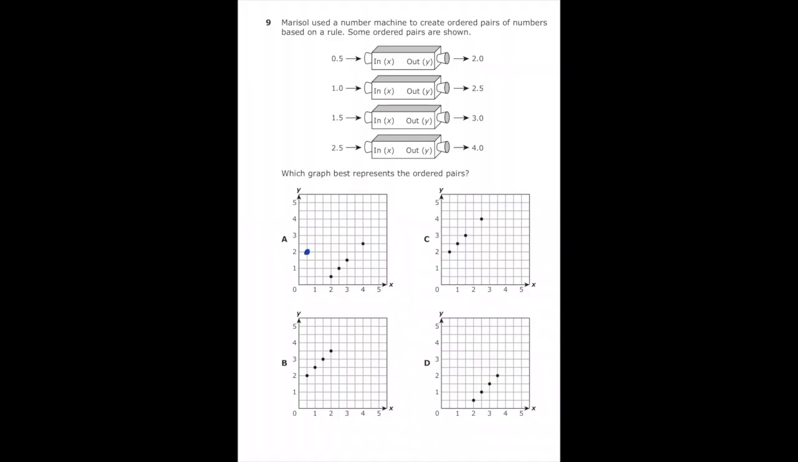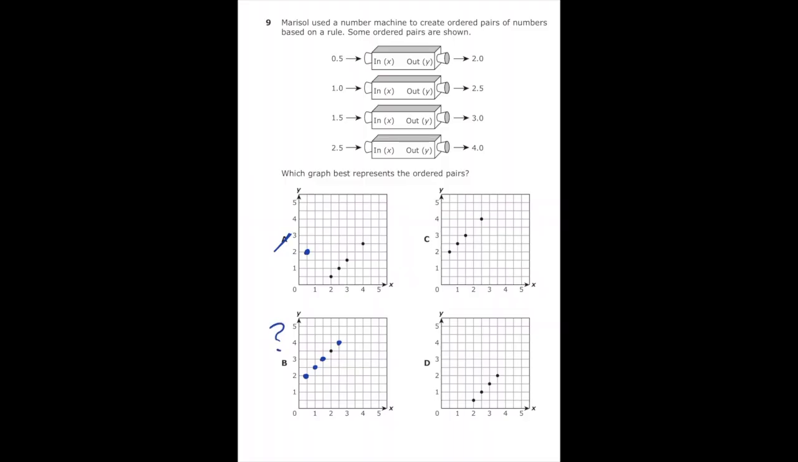It is not graphed on letter A, so I'm going to mark it out. Moving down to letter B, 0.5 and 2 this time is there, so that's good. The next one should be 1 and 2.5, and that one is graphed in the correct place. We should also have 1.5 and 3, and that's good. And then we should have 2.5 and 4. And this time it is not graphed there, but since most of the points were good, I'm going to come